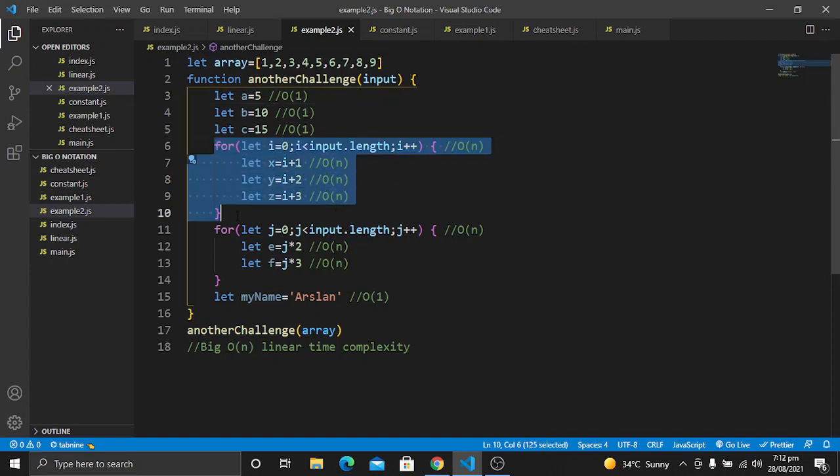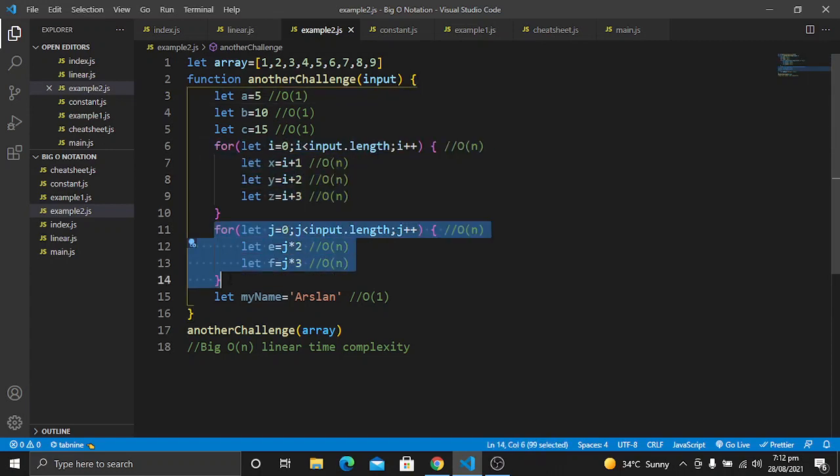You can calculate the number of operations. For example, if it has O of n operations, you can just write O of n, because at that time you can clearly see, in your mind, the big O of every line. In this way you can calculate the big O notation when you are working on real world projects.